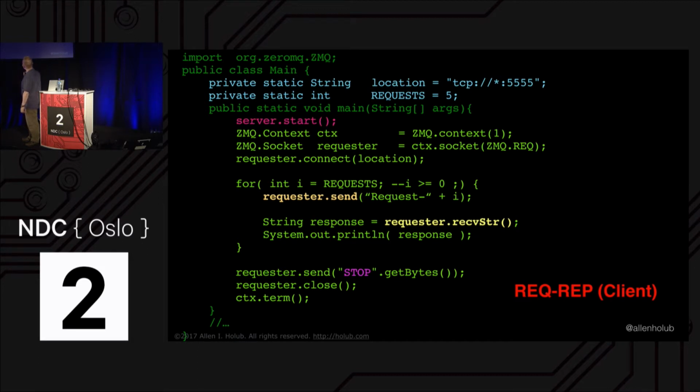So you decide what the socket type is. And then in this case, on the client side, I'm connecting. And then I send messages off just by saying requester.send. In this case, it's just a string. You couldn't get much easier than this, right? As you establish the connection, you send strings across. In the case of the microservice stuff that I'm doing, these strings are JSON strings.